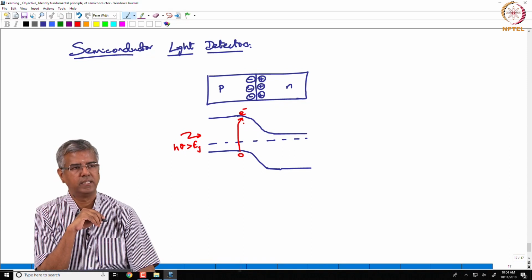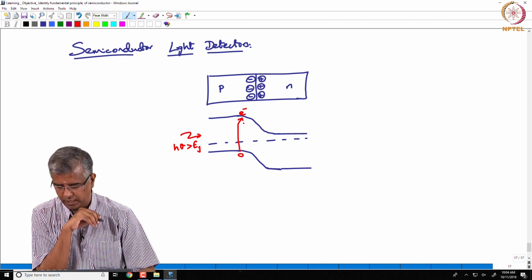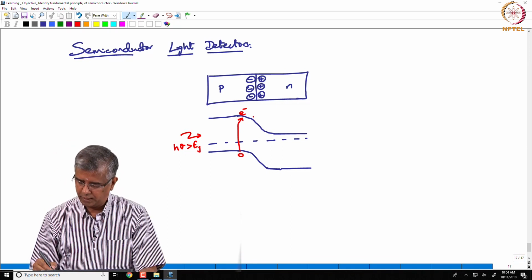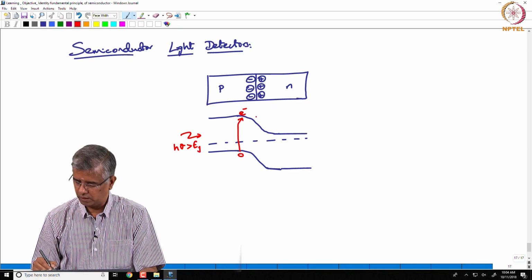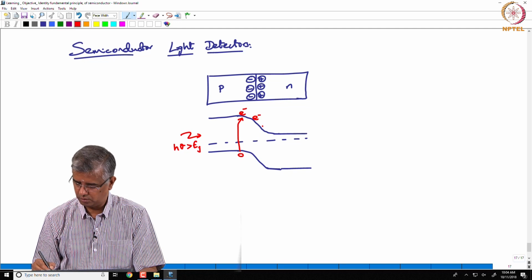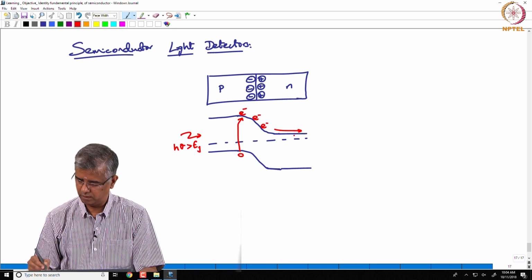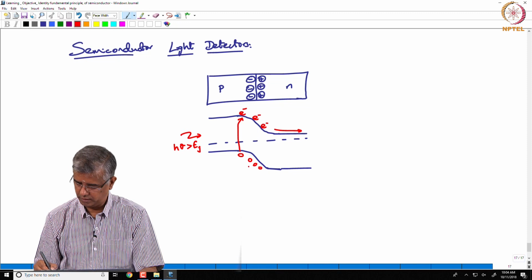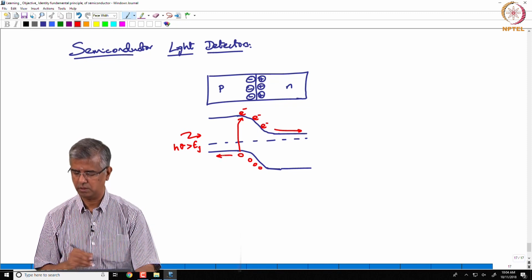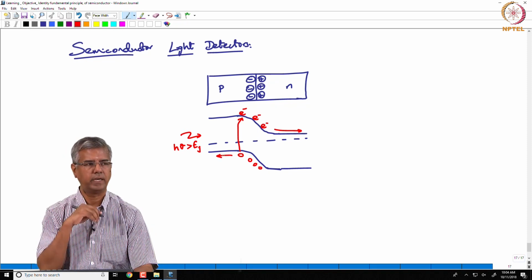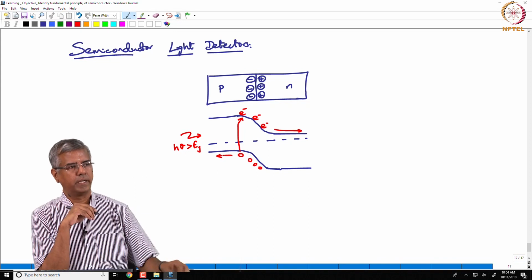So, you are essentially generating an electron hole pair, and of course, the electron is going to go this way, and similarly the holes are going to go this way, and that generates the photocurrent in